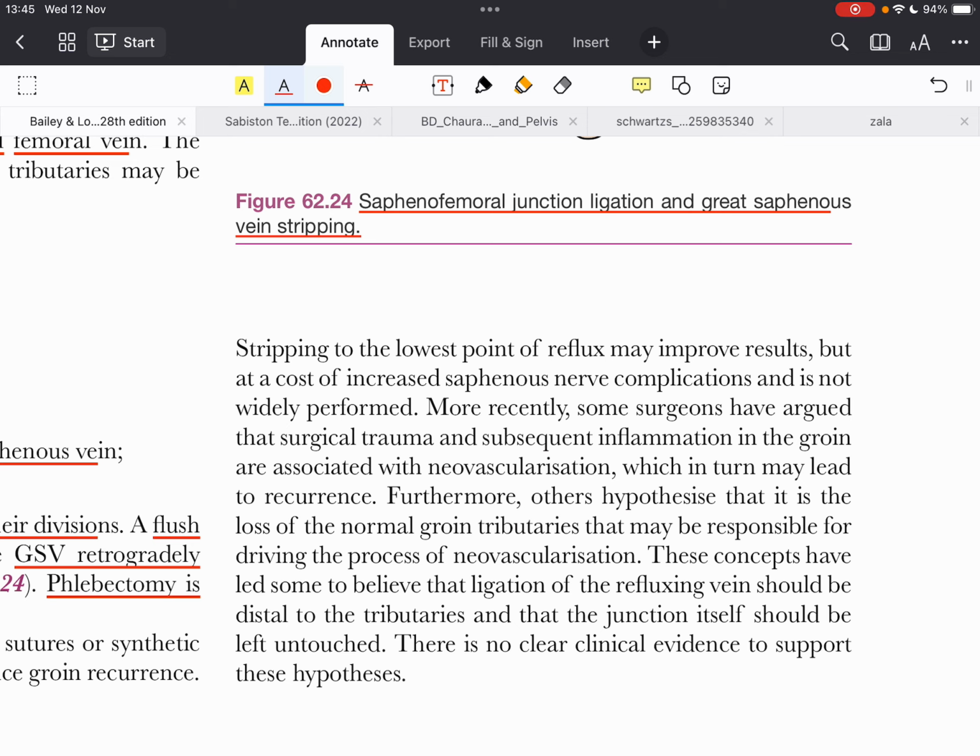Stripping to the lowest point of reflux may improve result, but at a cost of increased stiffness. Nerve